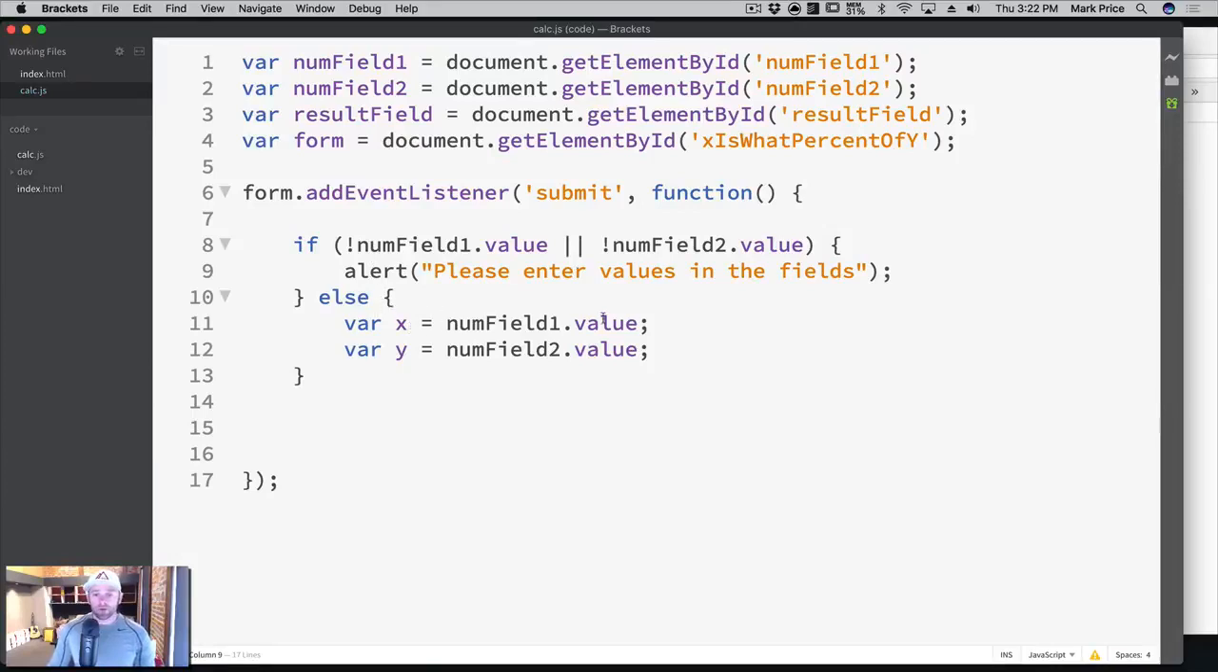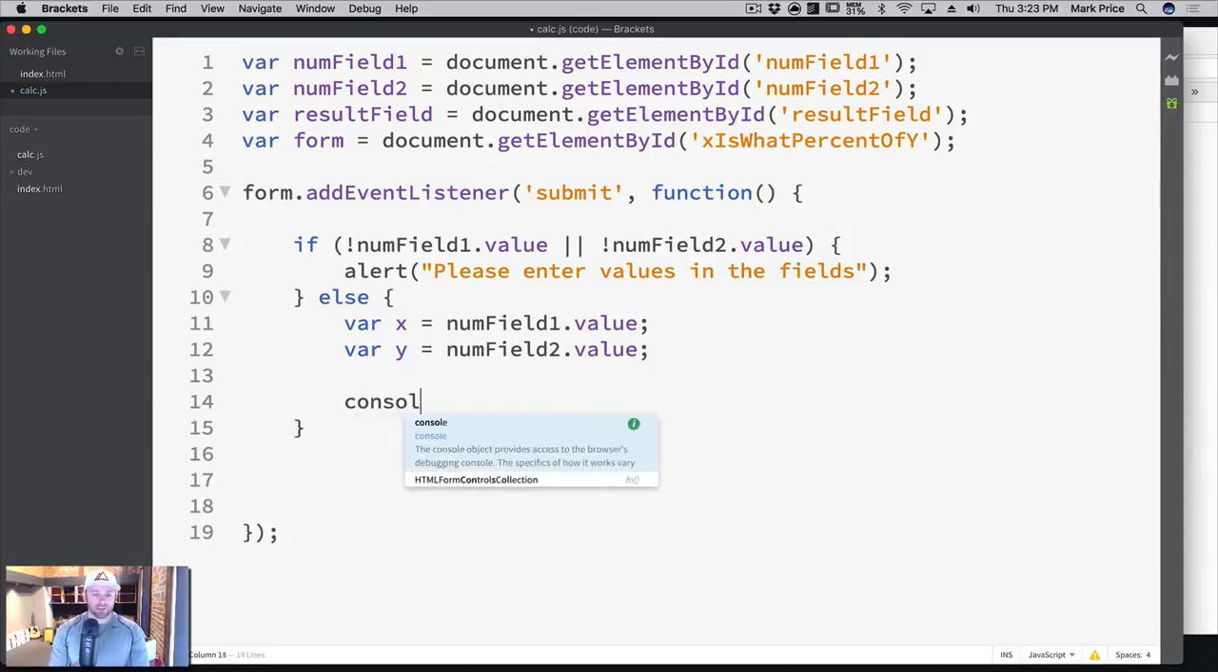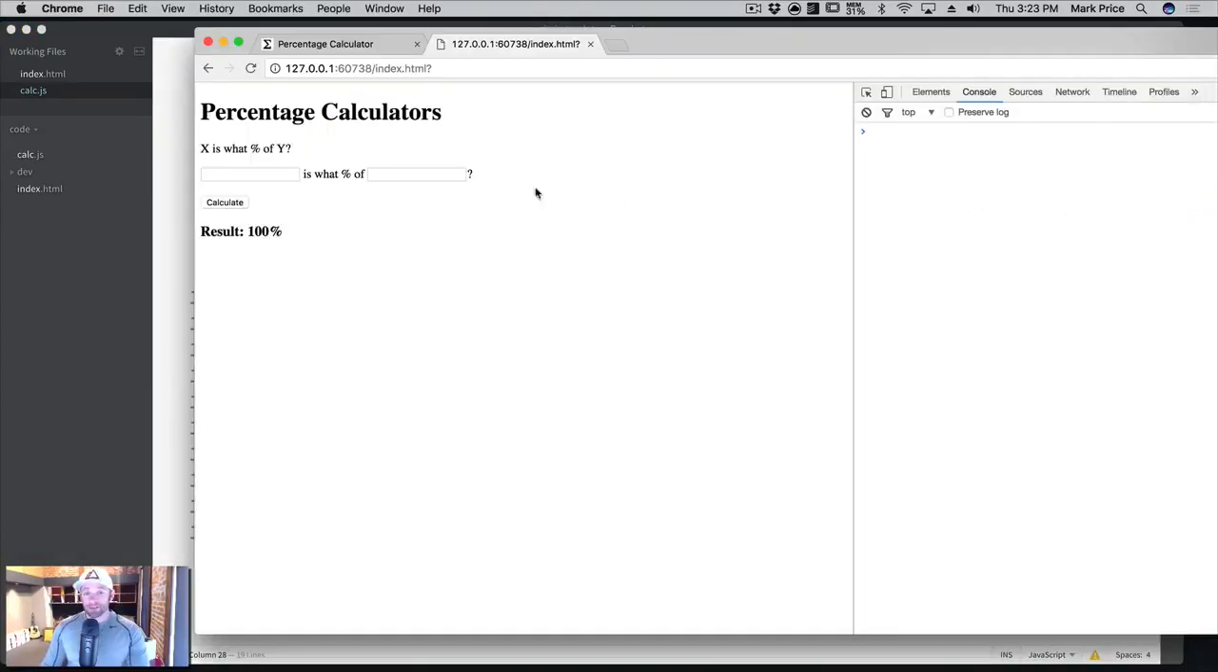Okay, what we want to do is get the values here. The problem that we have though is values from text fields are text. We can't do math operations on texts, can we? Well, let's see what happens. What if we say console.log x plus y? So let's see what happens. I'm curious myself. So what if we say